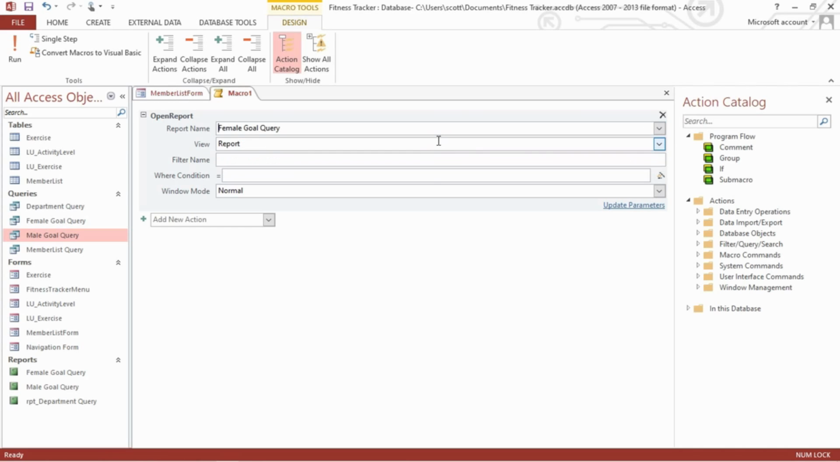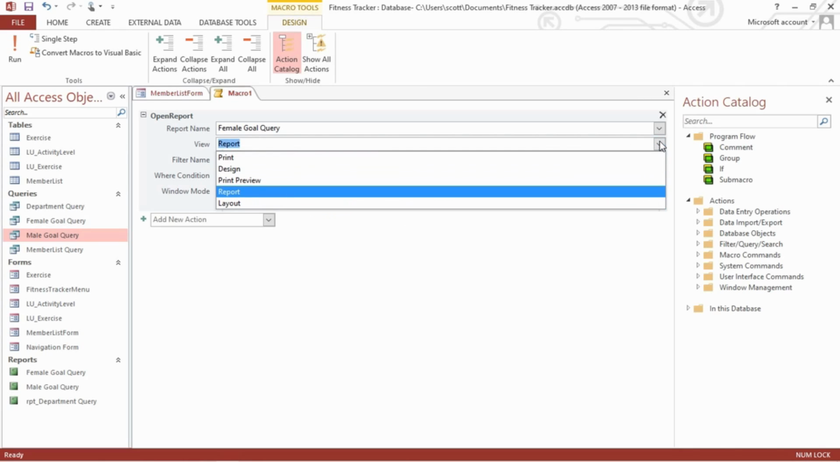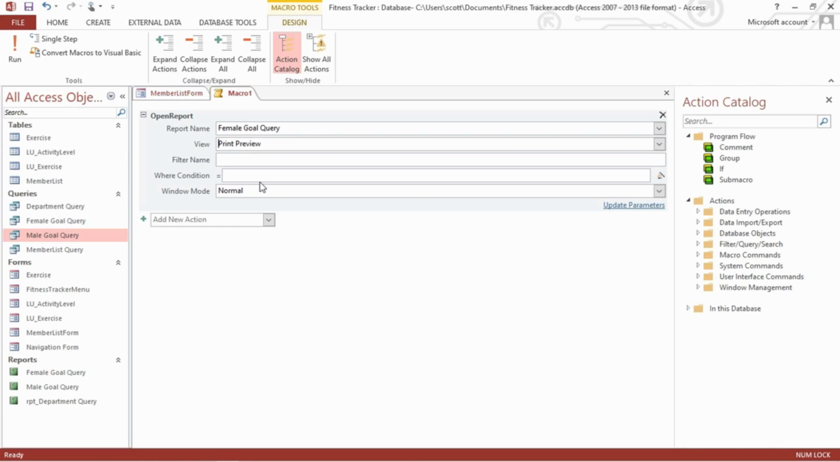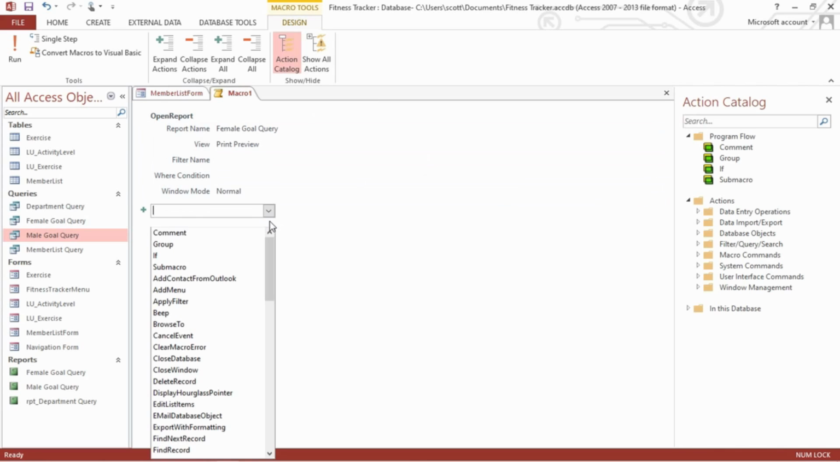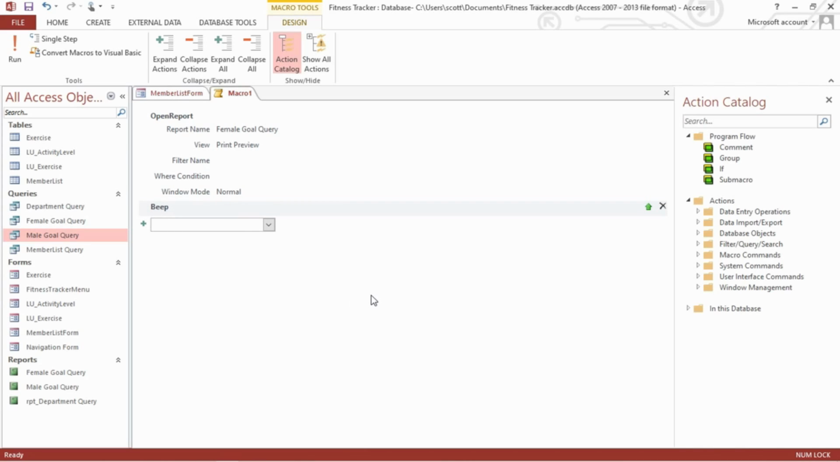We'll do the female query first. We don't need to worry about it. We want it to view the report, or we maybe want it to go to print preview. That's really the only decision you have to make in this. And then I'm going to add another, just a little, why not? I'm going to add a beep. So that when you click this button, it's going to beep and it's going to open the report. So we're going to take this, we're going to move it up so that